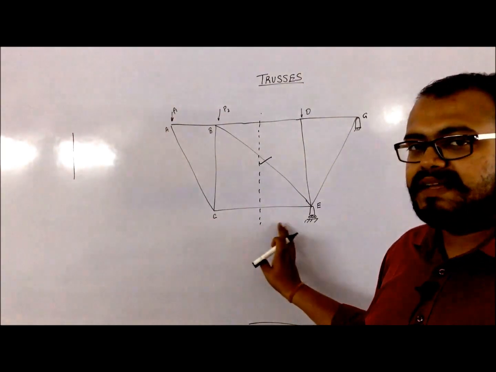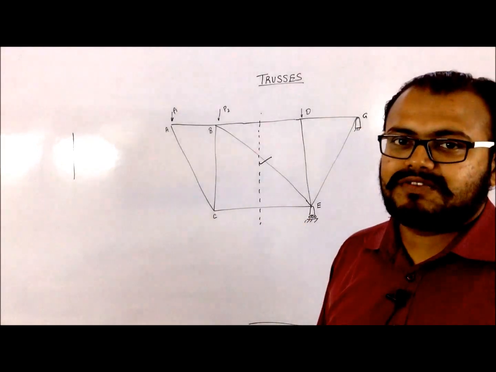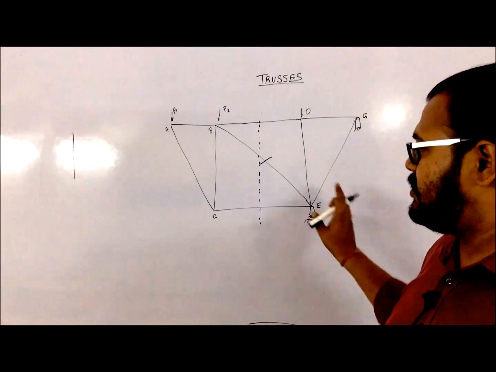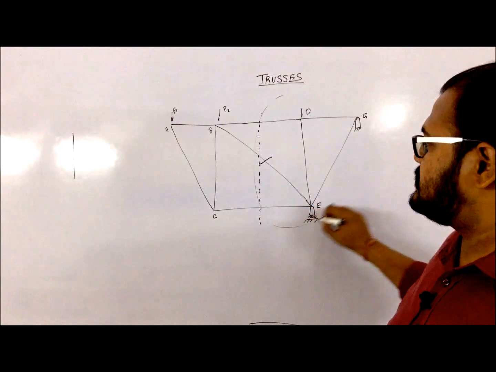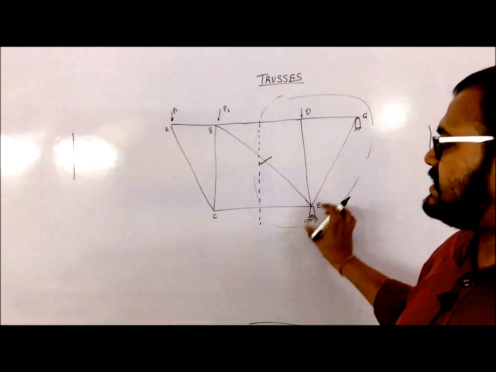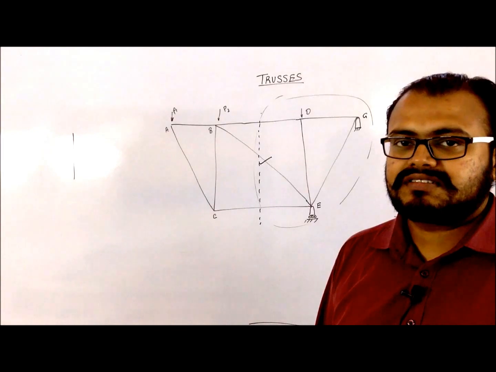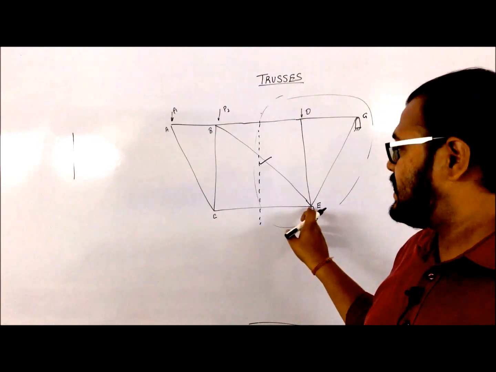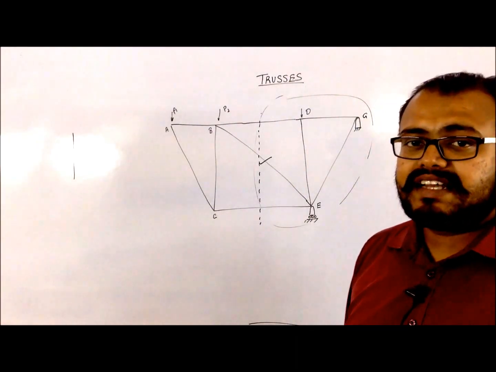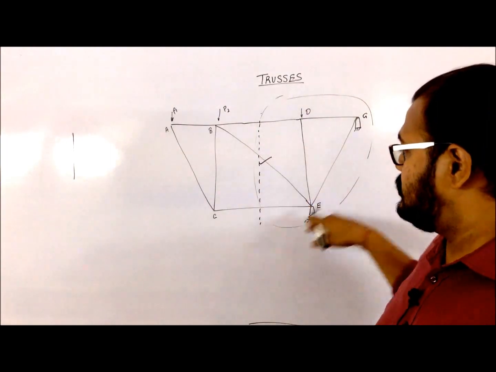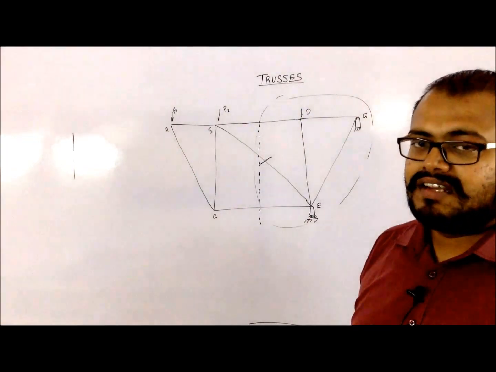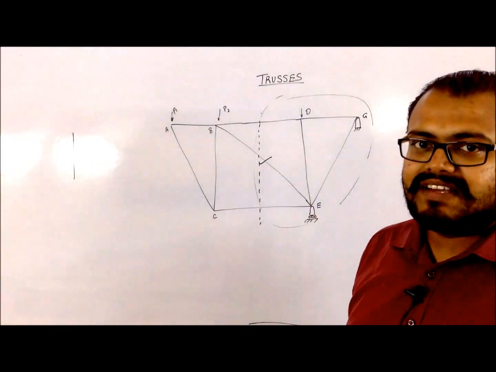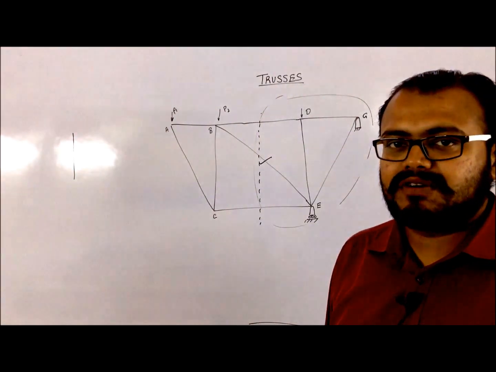Now once the section has been considered, you can consider either of the sections for analysis of the forces. If you are going to consider this particular section, then you have to find the reaction forces in the supports. The reason being that you have to know the forces acting at the points E and G because of the reaction forces, because there is no known quantity in this section, while in this section you know the values of P1 and P2 and you would have some known quantities in the problem.